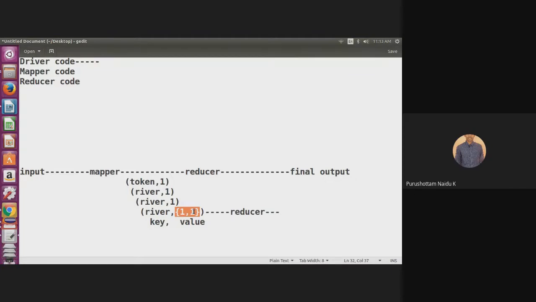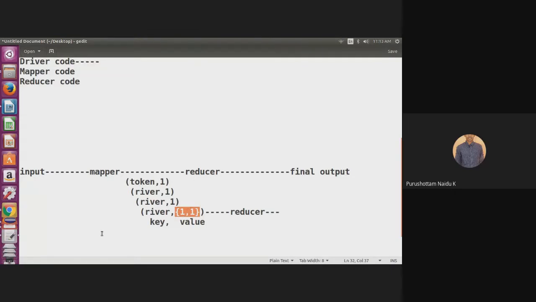These set of values can be taken by the reducer using the class called Iterable. So the Iterable class can be used to get these set of values, and the type of these values is integer.